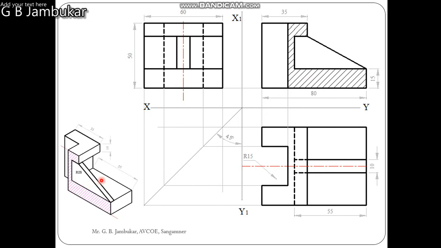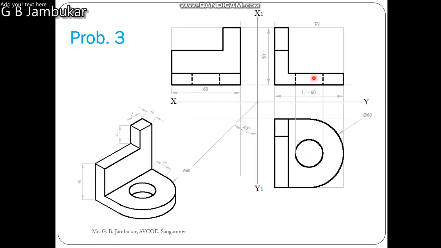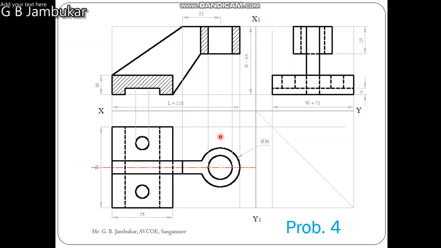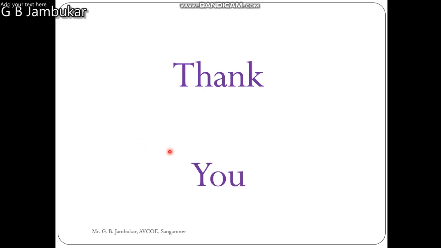Now this is another object. Now problem 3, other dimensions are shown with the solution. These are simple objects to understand. The next problem, the pictorial views are given to you. I only solve this object for your understanding. You see the dimensions, read the object carefully, and then solve such a complicated problem, which is very important. Okay, so here we discussed one problem in orthographic projection, one sectional, one for understanding the hatching, and 2-3 objects with some solution. So see the videos, understand